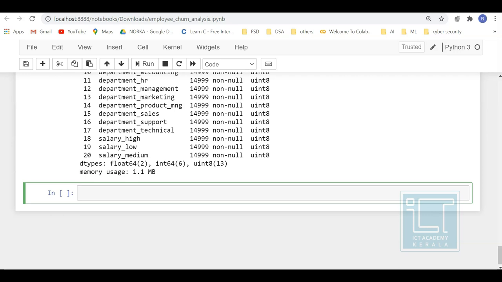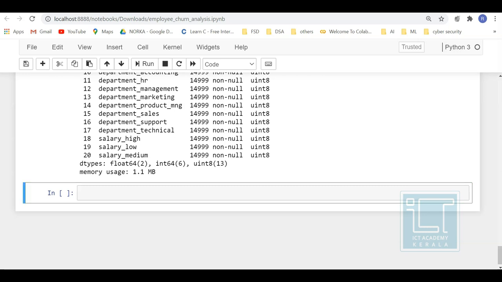This feature set contains the features that help us reach a target variable, or our output. So here our features are like the departments, the salary, the number of projects, etc. And our target variable is left.